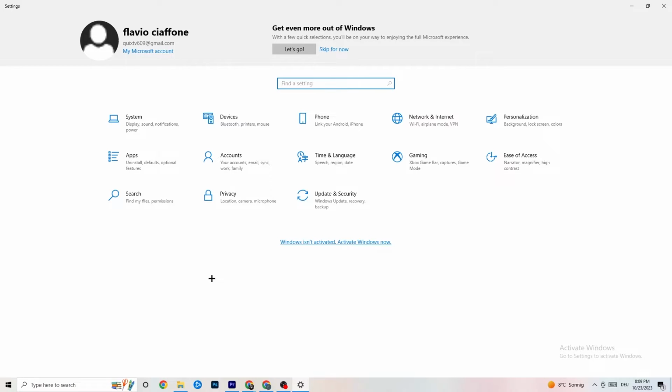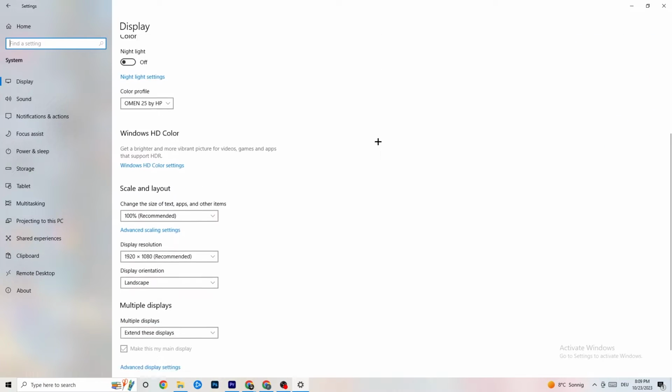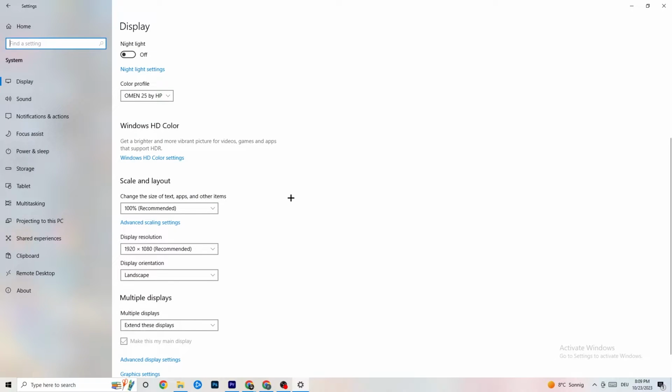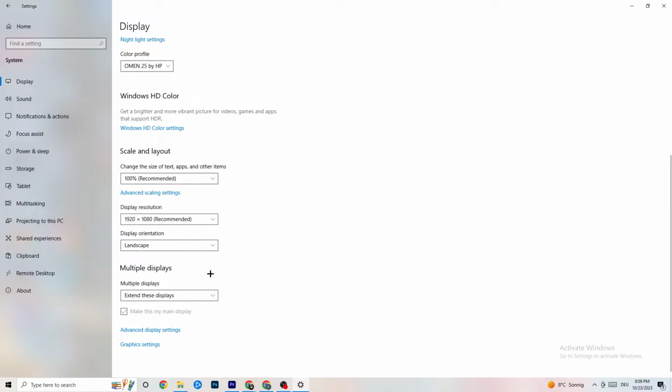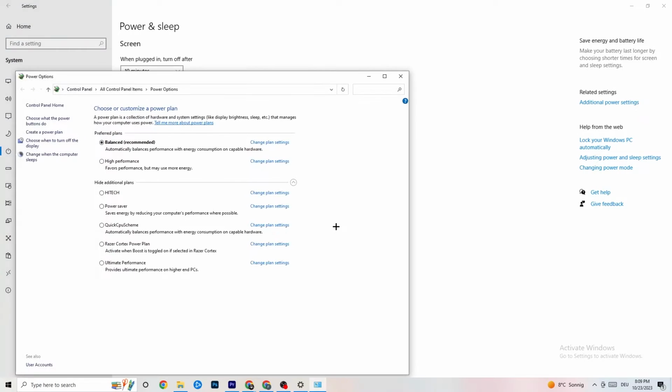And then I want you to click onto System, where I want you to basically just identify your main monitor. Afterwards, you go down, you're going to change the scale and layout to 100% as recommended. The display resolution should be the same as in-game, just to decrease your crashing issue. And afterwards, I want you to click onto Power & sleep, go to additional power settings,